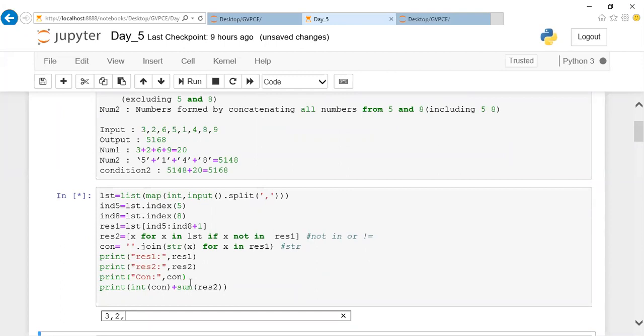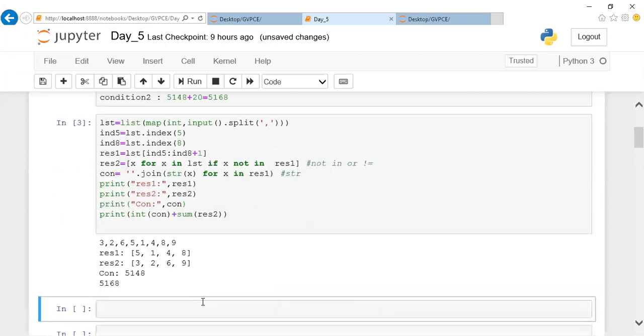3, 2, 6, 5, 1, 4, 8, 9. So you can notice that for your result 1, I'm just slicing within this range. So you can notice that 5 to 8 will be taken. And for your result 2, I'm taking the values apart from this, so the remaining values will be taken. So what is your concatenation result?